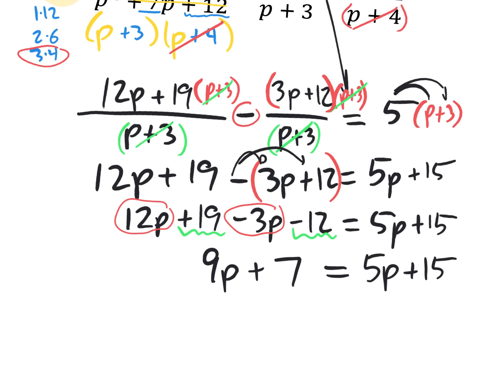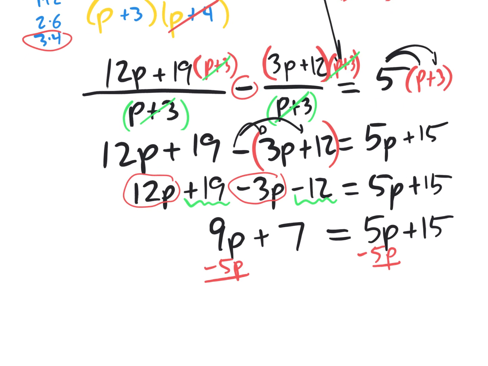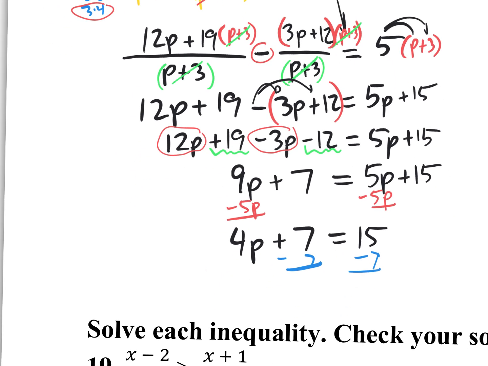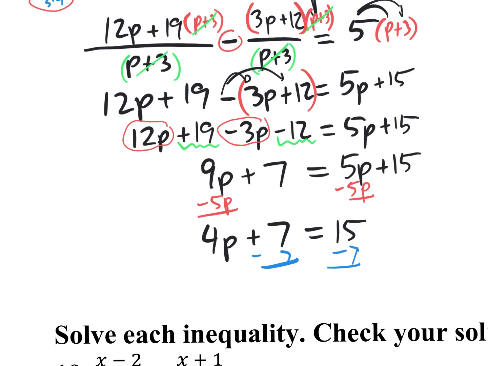All you got to do now is get the p's to one side and the numbers to the other. I'm going to subtract 5p, subtract 5p. We end up with 4p plus 7 equals 15. Final step, subtract 7, not the final step. One of the final steps. We now have, oh, I'm running out of space here. You probably ran out of space too. 4p equaling 8, divide by 4,